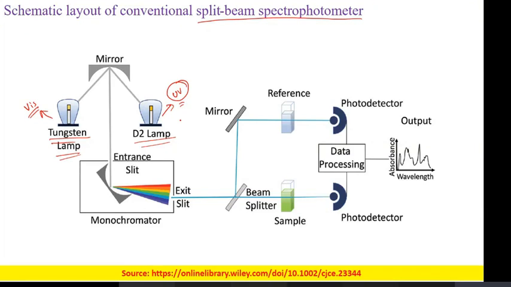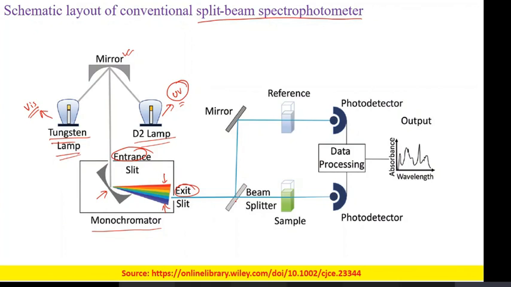When the scanning is being done in the UV region, the D2 lamp is on. The light from this is incident onto the mirror, and the mirror reflects the UV radiation onto the monochromator, which has an entrance slit and an exit slit. Through the entrance slit, the UV radiation falls onto the monochromator, which is basically the grating. The grating decomposes the UV radiation, and from the exit slit only radiation of a specific wavelength is emitted. Then we have a beam splitter which splits the beam into